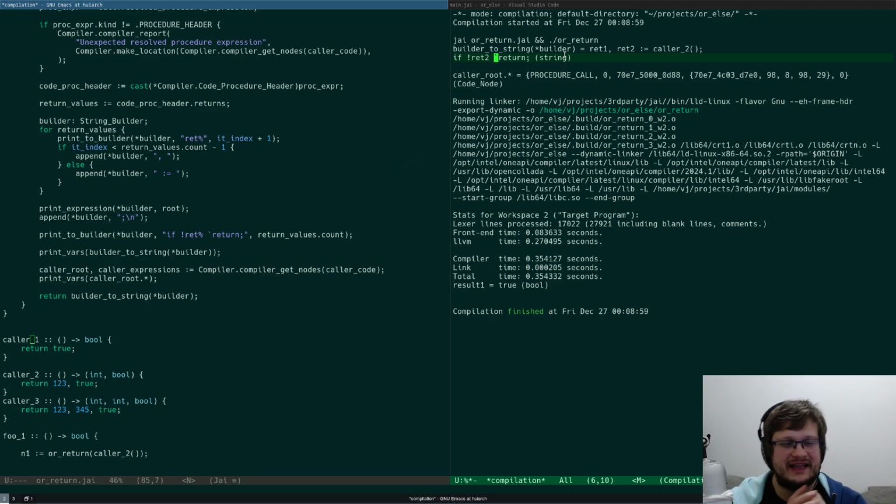So we need a combination of return values and a return from the outer scope.